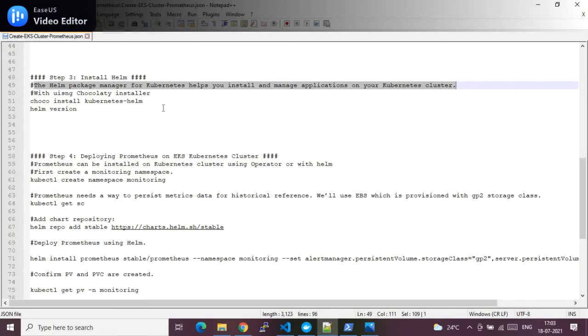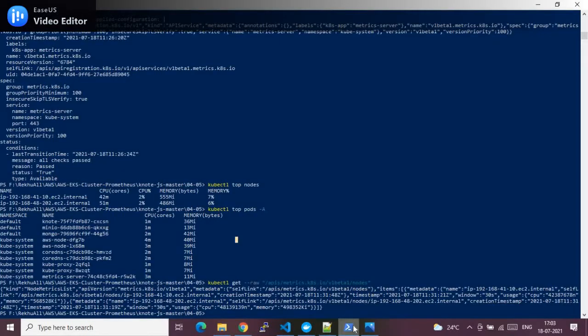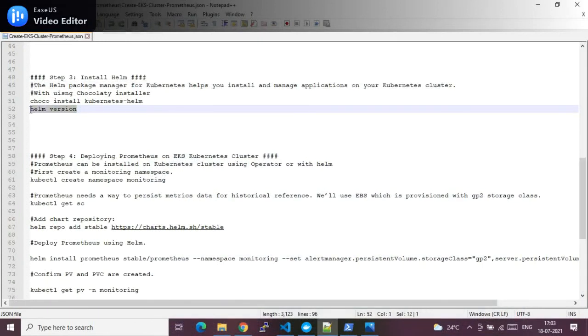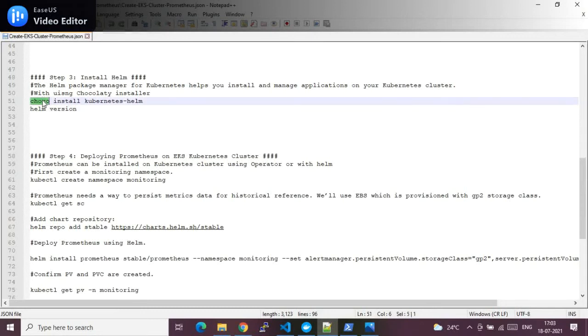I have already done this on my laptop, so the Helm tool is already installed in my system. Again, please do watch my previous videos regarding this requirement. This Helm tool will be installed with one more prerequisite tool, that is the Chocolatey installer.